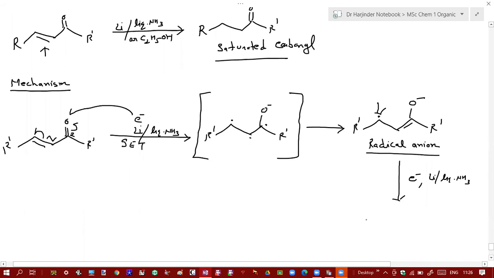So you'll get a carbanion over this position also. And this negative charge, now this negative charge will take H plus ion from alcohol, that is your proton source,